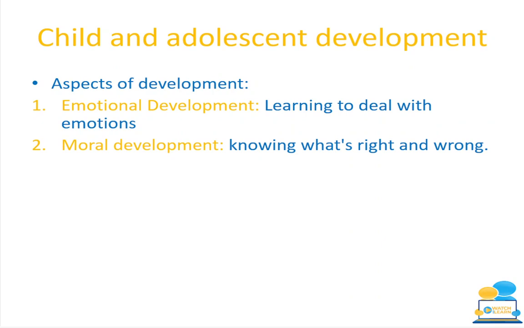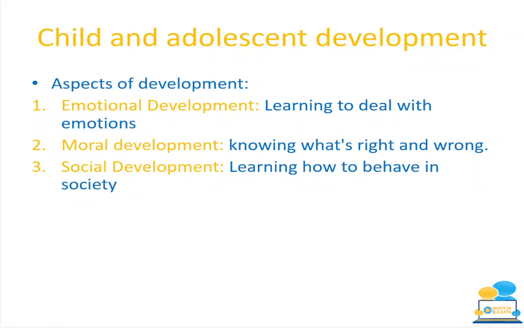Their moral development, so parents teach them what is right and wrong. For example, you don't steal. What's right is please and thank yous. Social development, so you learn how to behave in society. For example, you're not running around a shop screaming. You queue after people in a shop. You don't skip